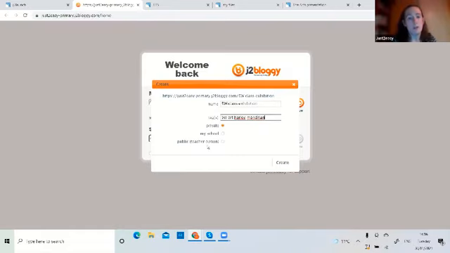I then have 3 options for privacy. Note that your children will only have 2. They won't have the public facing option. So I can make it private, or I can make it just so that anybody in my school can access it. Children can do both of those things. As a teacher, I can also make it public facing.